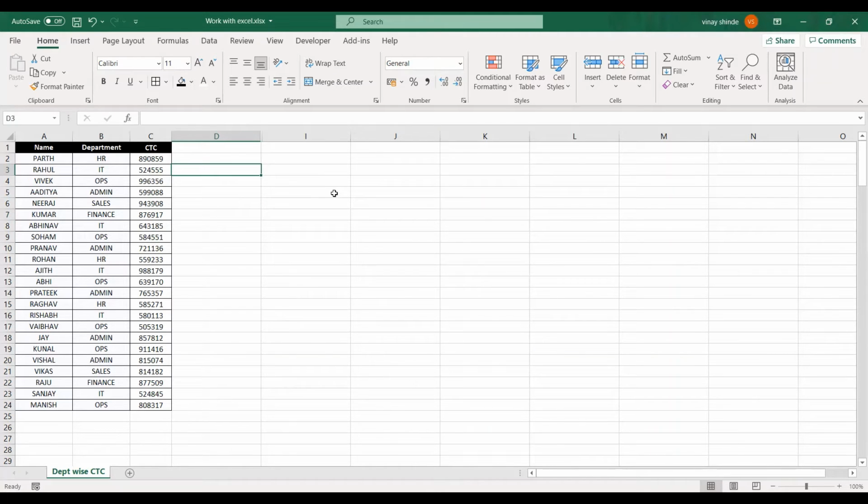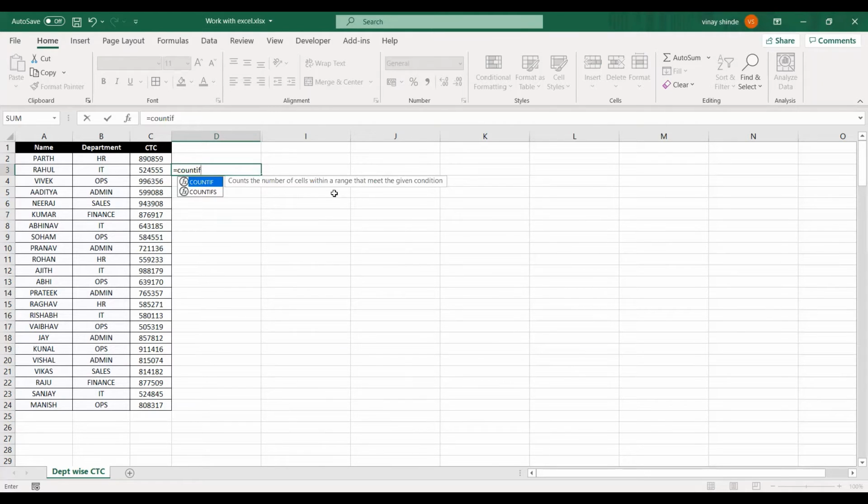So the formula goes like this. So is equal to COUNTIF and open the bracket. Now there are two major parts of this syntax. So you can see range and criteria. Syntax, as I mentioned in my earlier video, is nothing but a structure. So the first one is range and the second one is criteria. In range, what I want is how many employees are there for the HR department. So the department column is my range. So I'll select from here and drop it down till the last row. Okay, so I have defined my range.